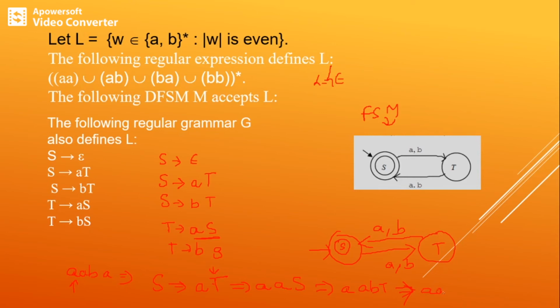S's production can give you A, B, then AS. Now what about S? S needs to vanish at this point because we want only A, B. Do we have any rule that gives epsilon from S? Yes, S gives epsilon. Substitute epsilon in place of S, and this will vanish because A, B concatenated with epsilon gives A, B. So this is the derivation which will give you the input string.